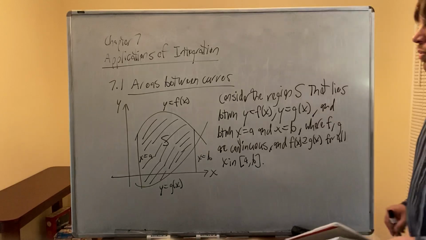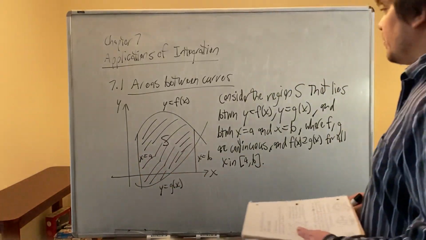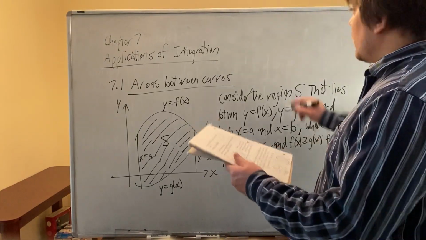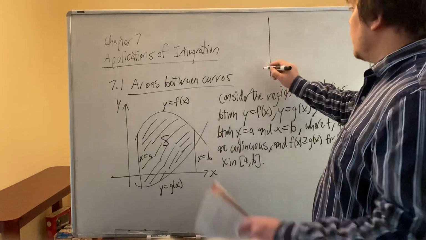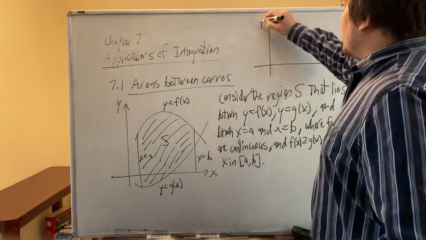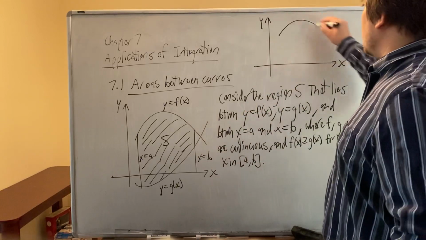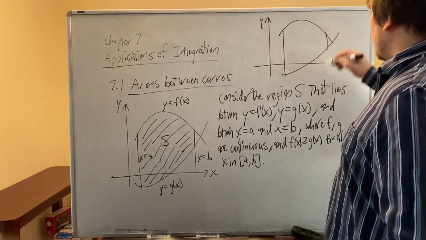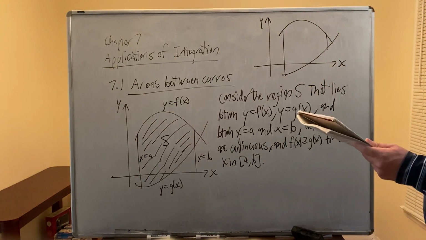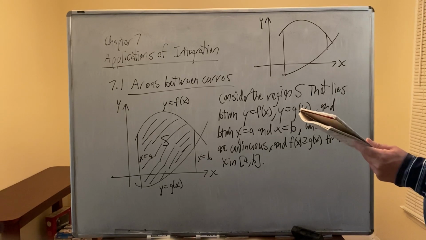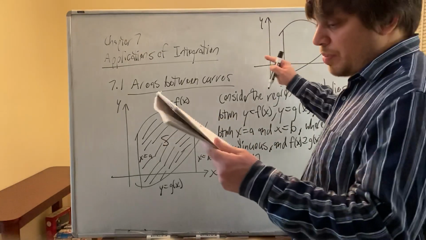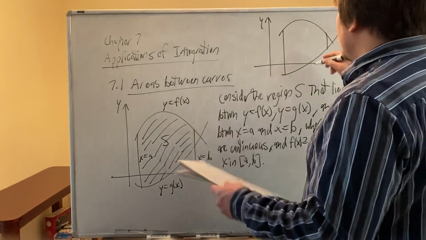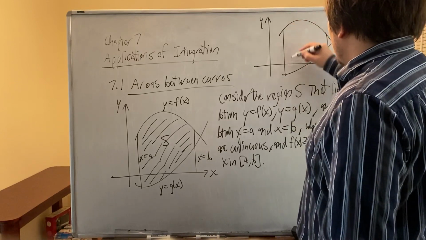Okay, so we can divide this region. So let's make another picture here. So I'm going to take this region and divide it, this is x equals a, that's x equals b. Okay. And so I'm going to divide S into n strips of equal width and approximate the ith strip by a rectangle with base delta x in height. Okay, so let's say we separate